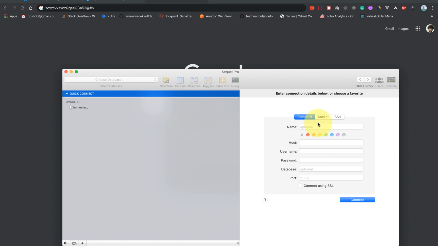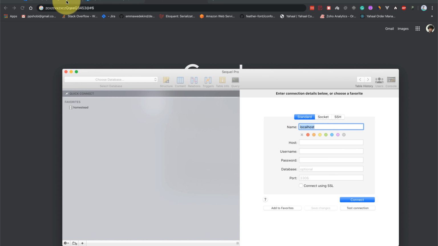After you click on quick connect, there are multiple options available here. Use the standard or you can use SSH. In that case, you will be SSHing into the server first and then logging into the SQL server. But rather we will use the